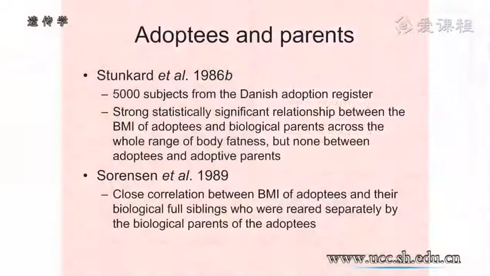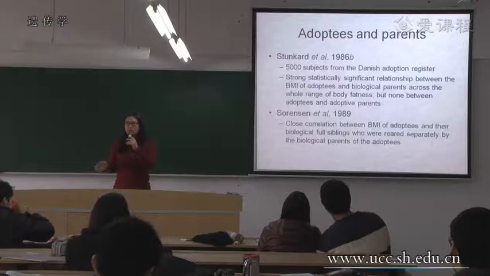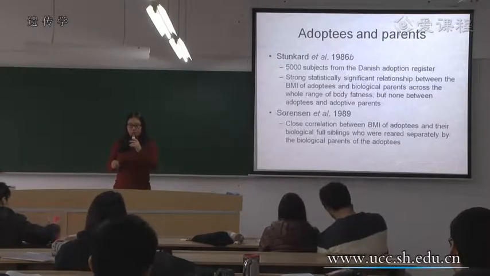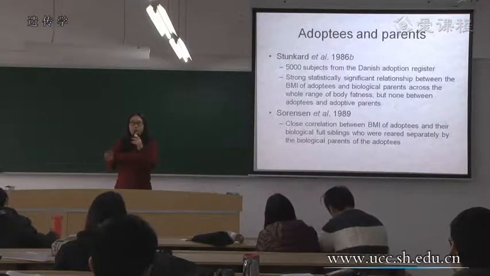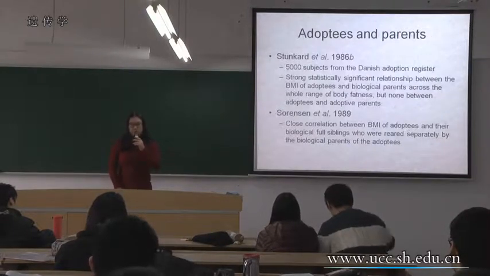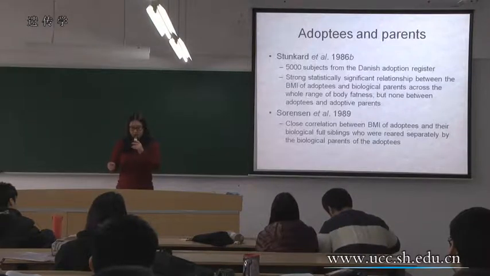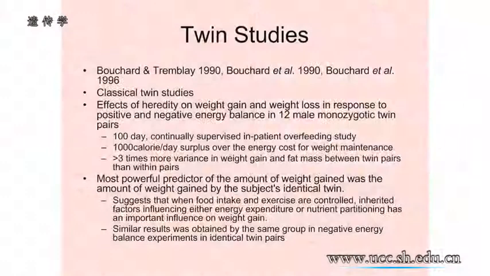And there's also another study done between adoptees and parents, where it shows that there was a much bigger difference in BMIs between the adoptees and the parents who adopted them than there was between the adoptees and their biological parents, showing that the home environment was not the only factor for obesity. There's also a stronger correlation between the adoptees and their biological siblings than their non-biological siblings. And many more twin studies were done, because twin studies are probably the best way to determine the genetic